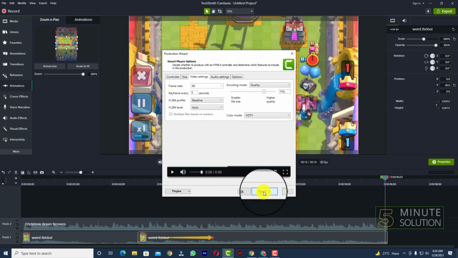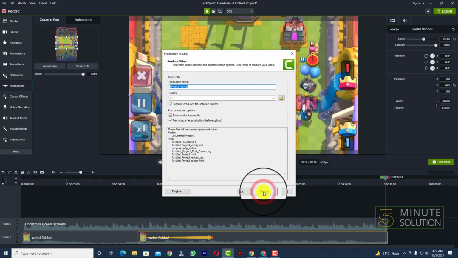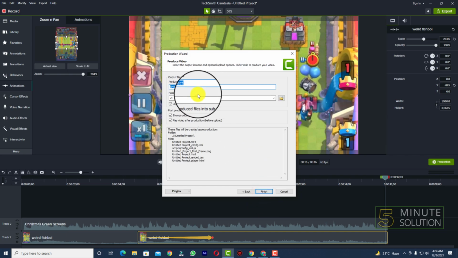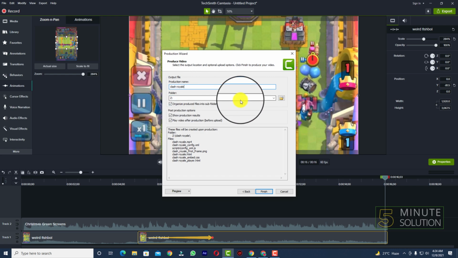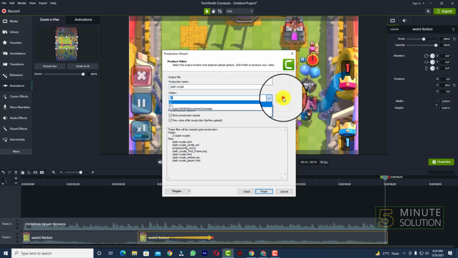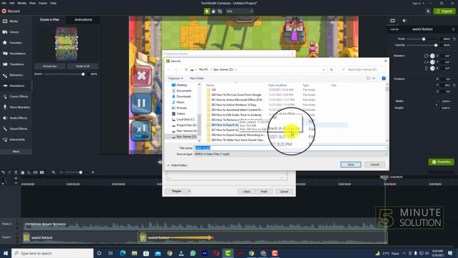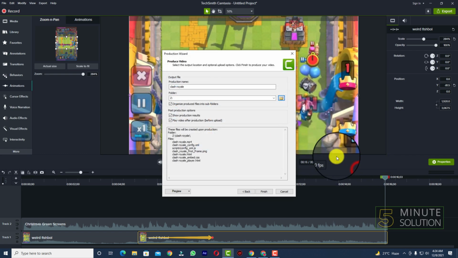Now you can see the next option, click on that and click on next, and you can see production name. You can just simply type in the production name. Let's suppose I'm giving it the name Clash Royale. Now you can see select the folder as well. You can select the folder by clicking on this icon where you want to export. Now you can see I'm just saving it,